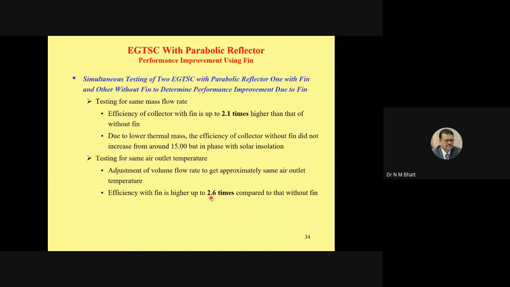Of course I have not mentioned it here, but the pressure drop was not so significant, because this wiry turbulator has a lower blockage area, and because of the lower blockage area, the increase in pressure drop is not so significant.